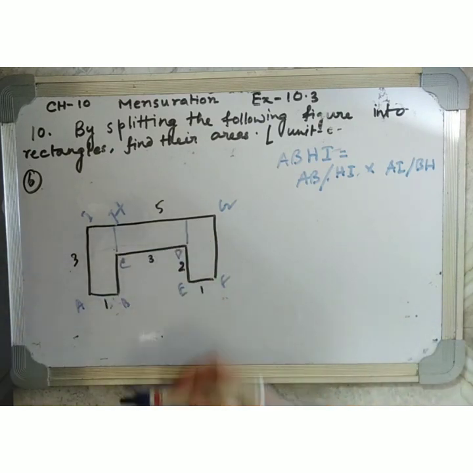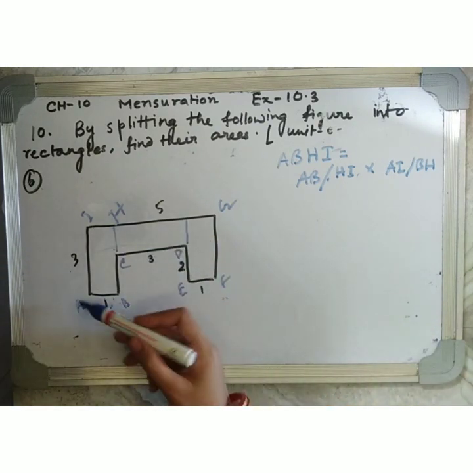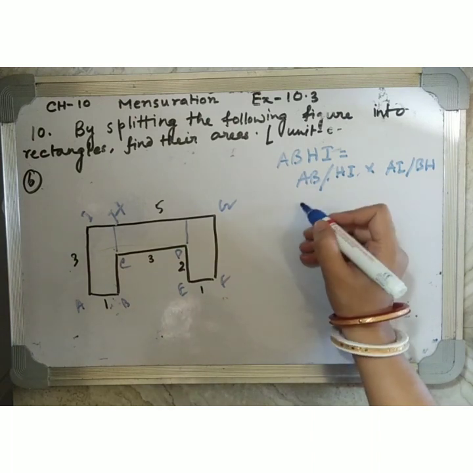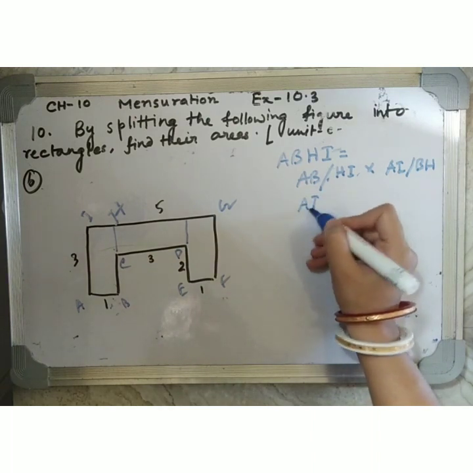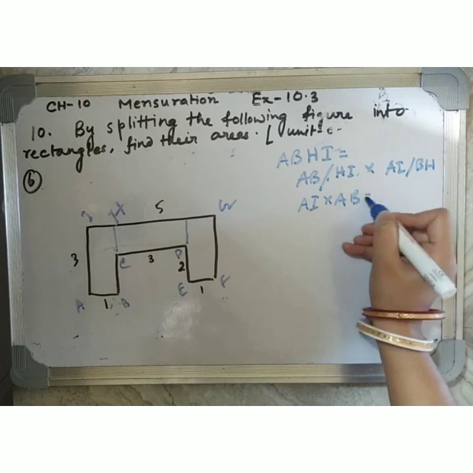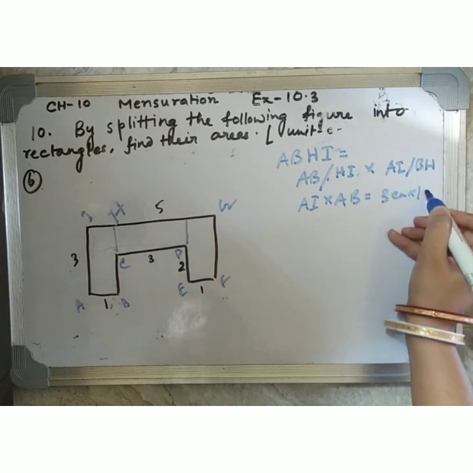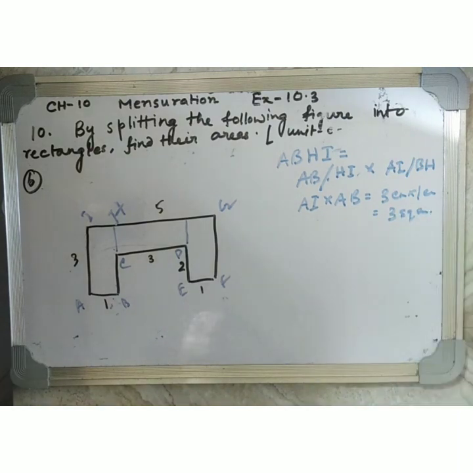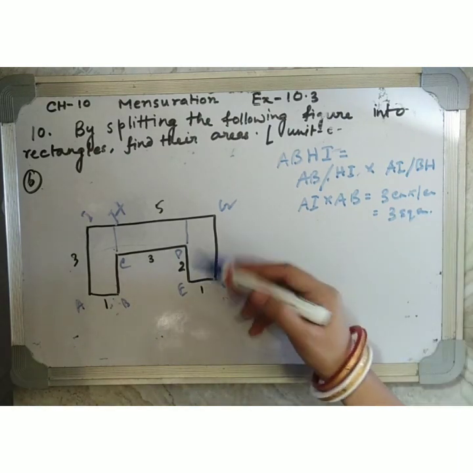Now the length of AI is already given and the length of AB was also given. So how to find the area of it? AI into AB, which is 3 centimeter into 1 centimeter, that is 3 square centimeter. Now the area of